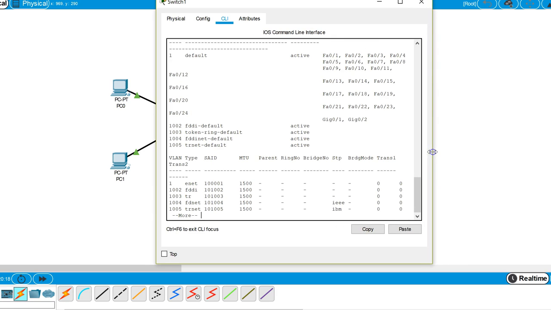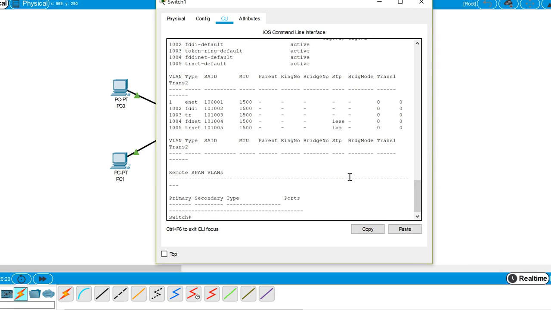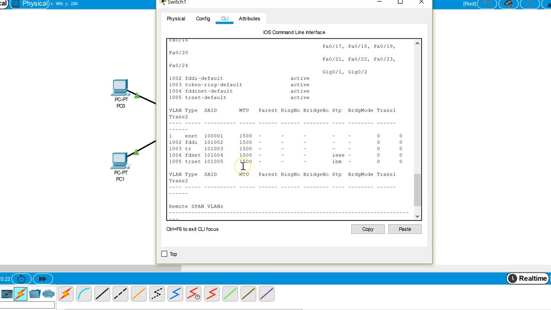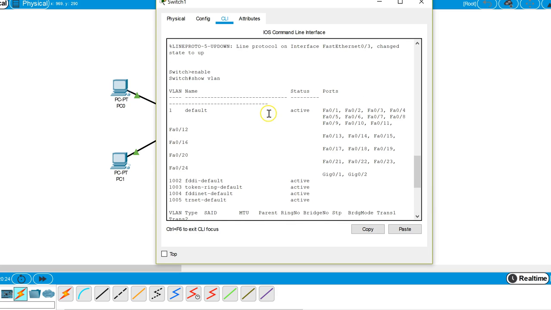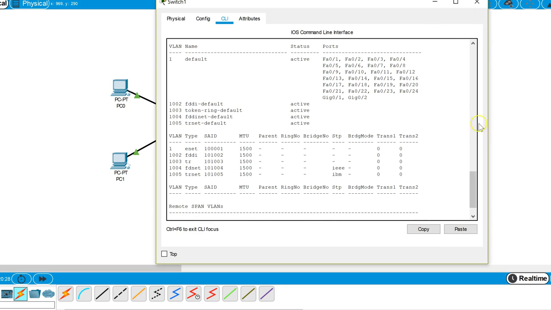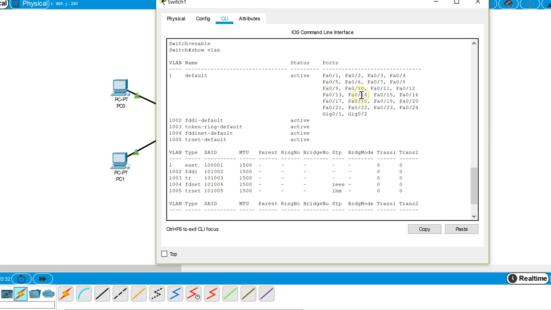We'll do that trick of just widening the screen a bit so we can see our table. And we can see some information on our VLANs and some types. If we want to get a little bit more detailed, I just needed to widen the screen a bit more so that you could see that,